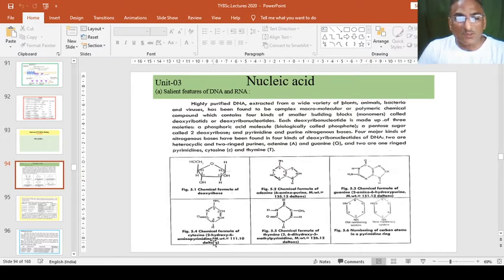Here is the chemical formula of cytosine, and we have seen that thymine and cytosine are single ringed. So these are the 2 molecules. The numbering of carbon atoms in these rings goes first, second, third, fourth, fifth and sixth. Actually it is anti-clockwise in one system and clockwise in the other. So these are the 2 differences between the old and new systems of counting the number of carbons in the ring. This is the chemical structure of nucleic acid materials.